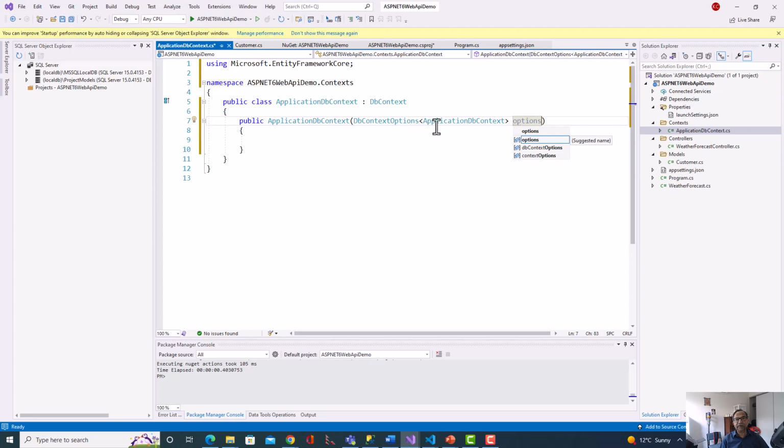So DbContextOptions as a dependency object, I'm passing to the constructor of this class ApplicationDbContext, and then this one,